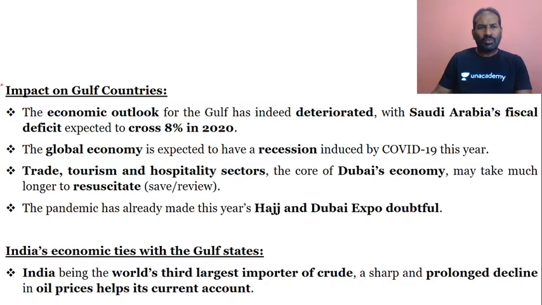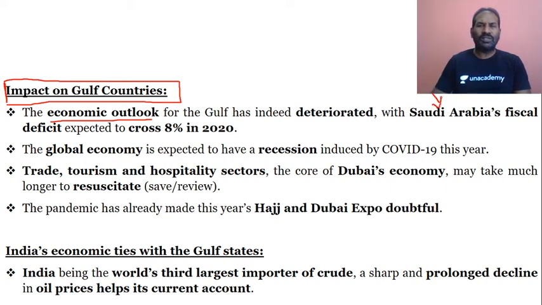Now we will look at what would be the impact of the slashing crude oil prices on the Gulf countries. Before we get into the impact on the Indian economy, we will look at the slash in crude oil prices and its impact on Gulf countries. So, as per the economic outlook, Saudi Arabia will be badly hit among the two countries which are continuously going ahead with the production of crude oil. Which are the two countries not abiding by OPEC to cut down the production of oil? It is Saudi Arabia and Russia.